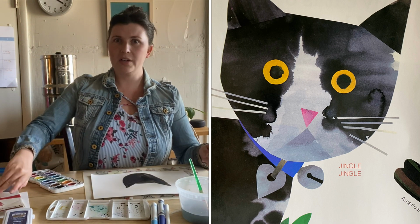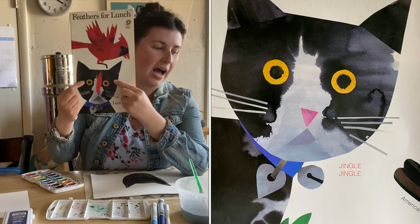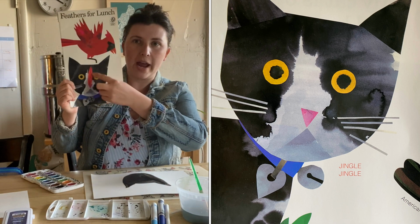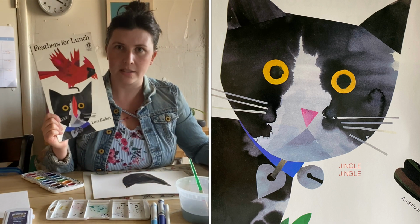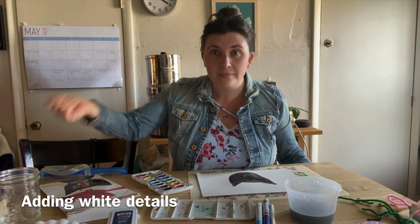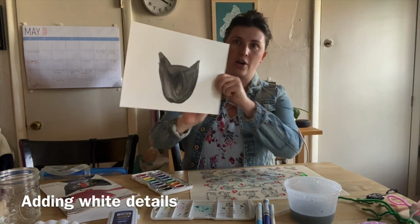Now, what are some other things you notice about this cat? I noticed that the cat has eyes, a little pink nose, and a bit of a gray or white streak on the face. I have to figure out how to do that next. I'm back. My painting is dry. All right, look at that. So now I've got a cat,